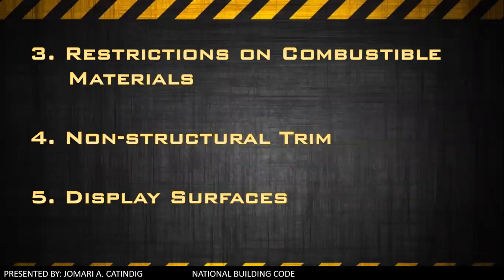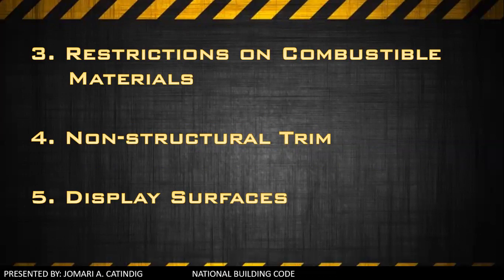So number 3 is the restriction on combustible materials. All signs or sign structures erected in highly restrictive fire zones shall have structural members of incombustible materials. Ground signs may be constructed of any material meeting the requirements of the code. Combination signs, roof signs, wall signs, projecting signs, and signs on marquees shall be constructed of incombustible materials. No combustible materials other than approved plastics shall be used in the